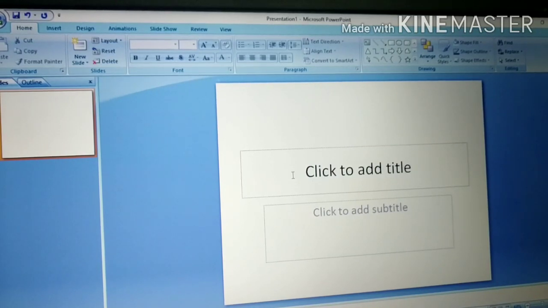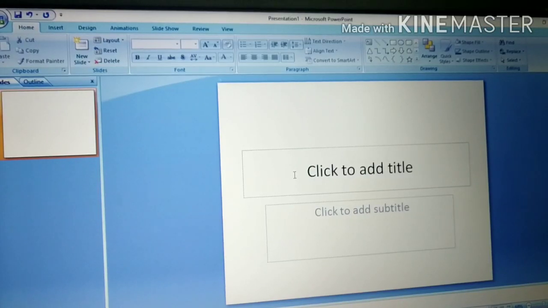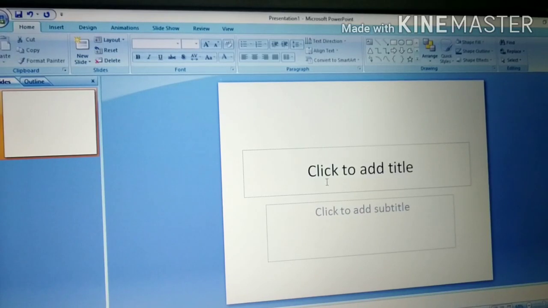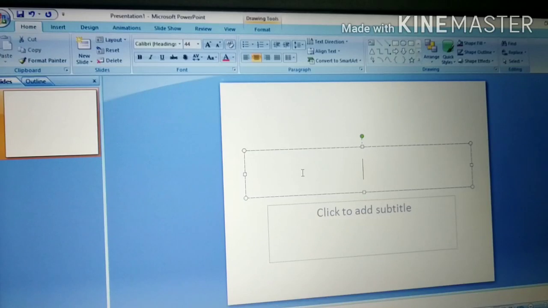Okay. So let's start. So here this is our first slide and my topic is parts of computer. This is the title slide, the first slide. So here we will add the name of the topic. So what is the name of our topic?